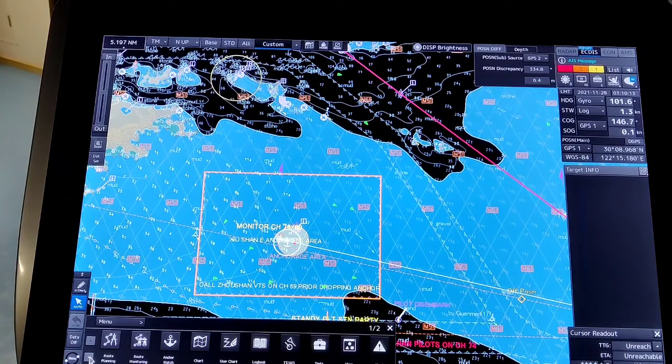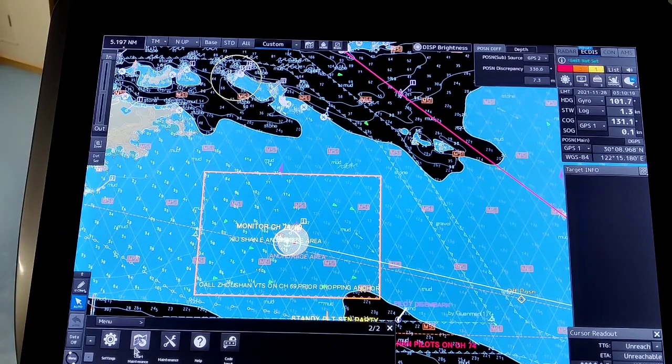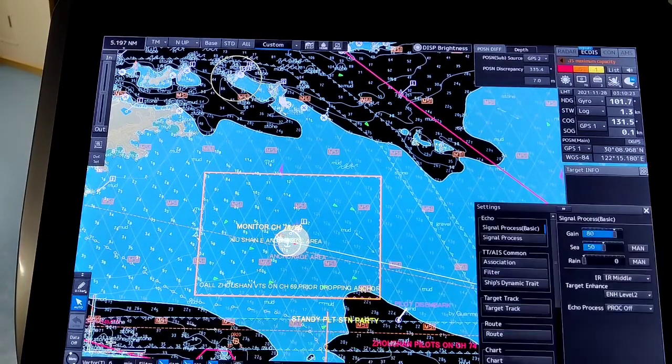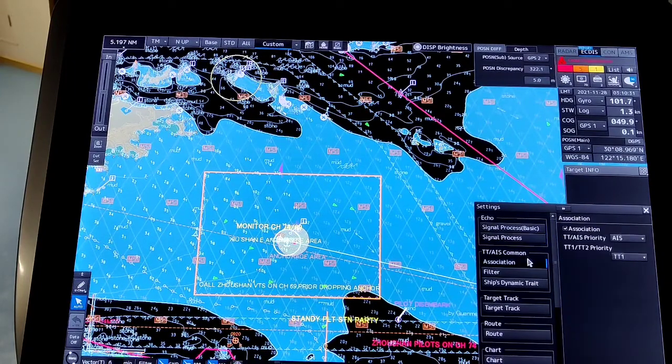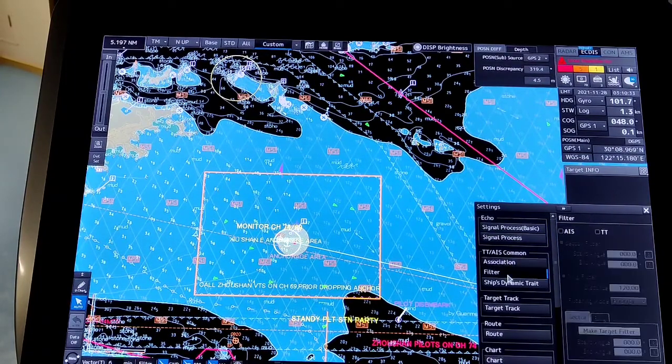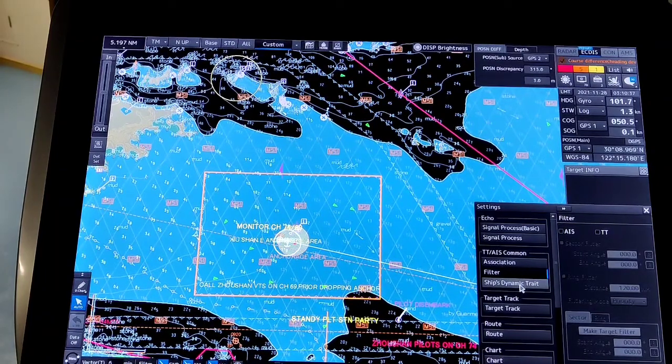In this menu section, as I scroll down, there are 4 more features left, which are settings, chart maintenance, general maintenance, help and code input. And this settings is the general settings of your ECDIS. Signal settings, association of targets. If you want to put any filter, this feature I've already shown you. Ship's dynamic trait,